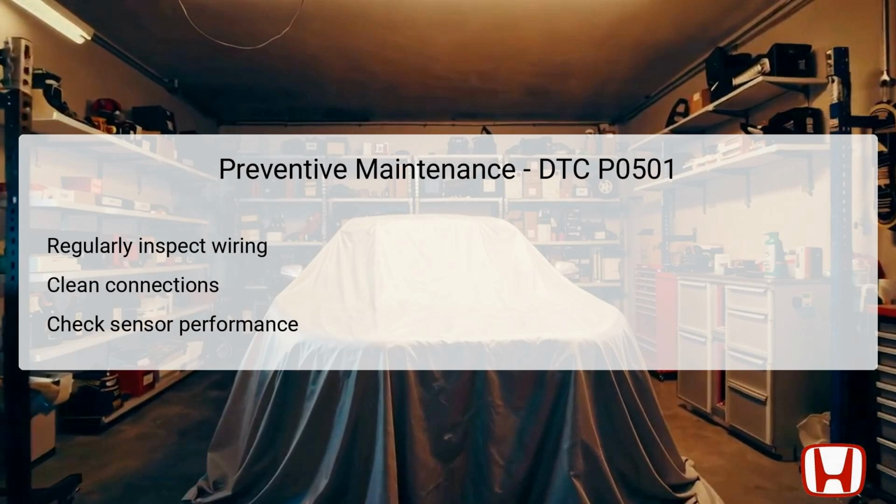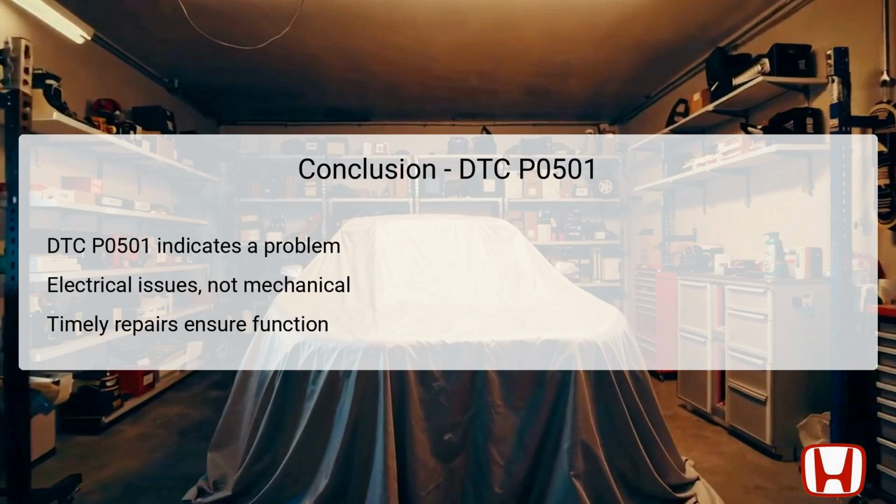It is advisable to develop a maintenance schedule that aligns with the vehicle's use to catch potential issues before they escalate. In conclusion, DTC P0501 signifies an electrical issue within the CVT speed sensor circuit and is unrelated to mechanical malfunctioning in the transmission. Understanding the role of the CVT speed sensor and TCM is critical in diagnosing and rectifying this issue. Effective troubleshooting steps, beginning with a thorough inspection of electrical connections, pave the way for identifying the root